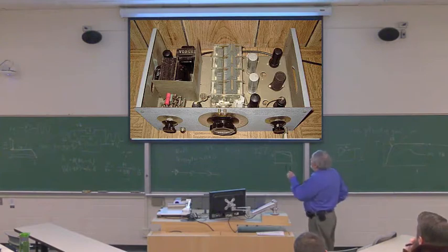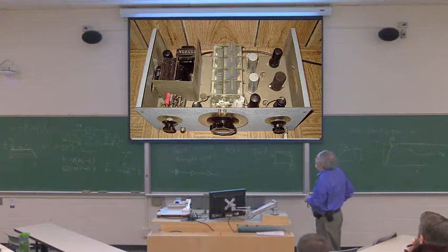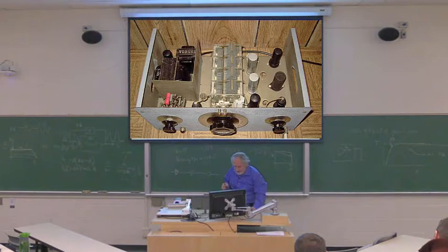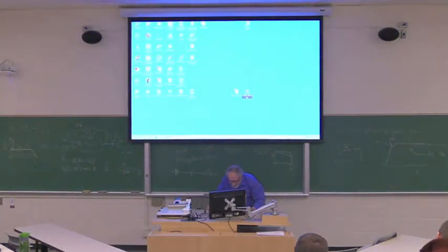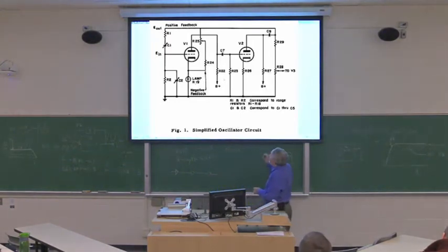So you can see the capacitor. The thing in the middle, this bank of plates in the middle, is a variable capacitor. You can see from the schematic how it worked. But basically, it was an RC oscillator, I think, because you know you can build an RC or an LC. Let me check. Yeah, it was an RC oscillator, and it had negative feedback to stabilize it. It was a sensation,